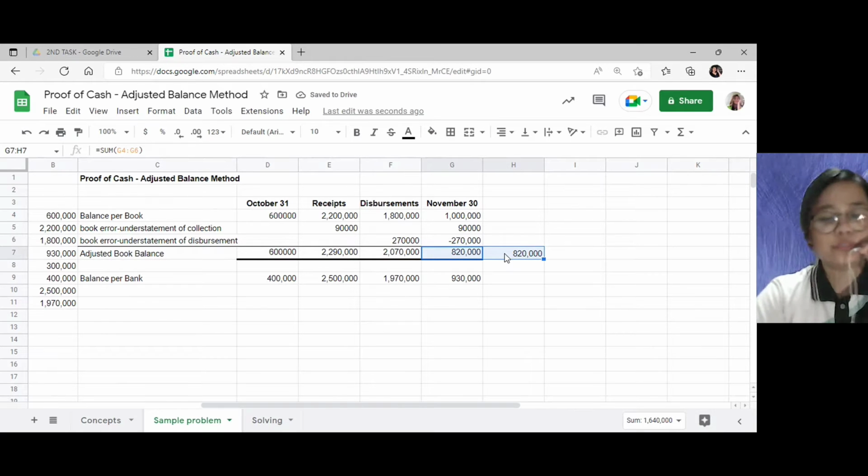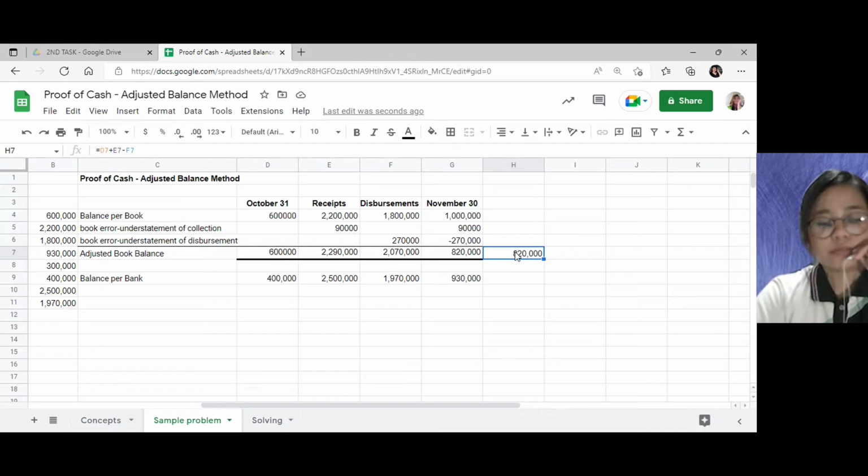Now, if you're going to check this, you can do that to know whether this is correct or not. So, dapat yung ending balance mo on your November 30, if you are going to compute in the horizontal manner, say